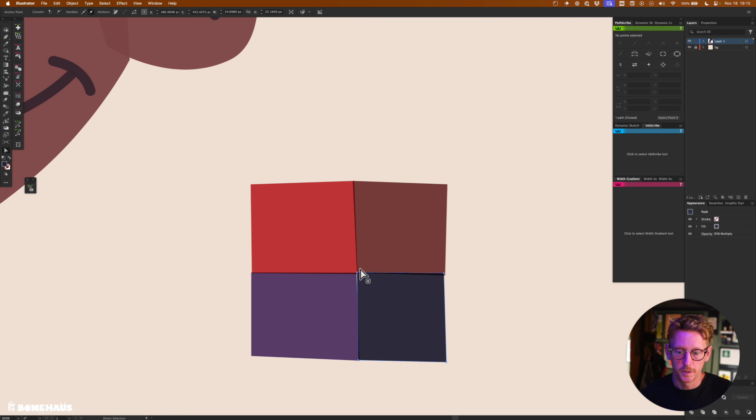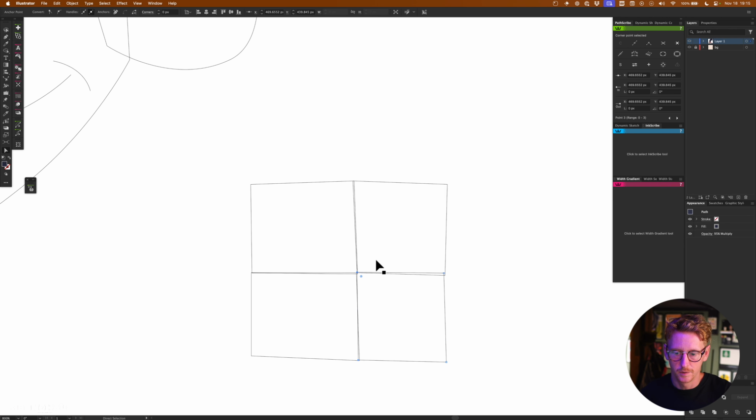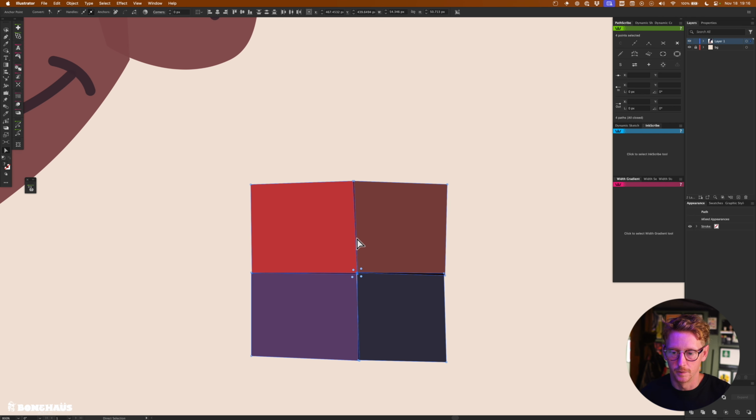These points, if I wanted to move the center point, I move one, I have to move them all. Or I could go into outline mode and then select them all and then move them together. But then if I'm moving my handles, everything has to move with it like this and then like this. It's just not quite right.